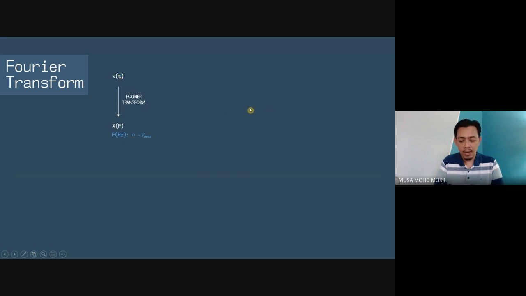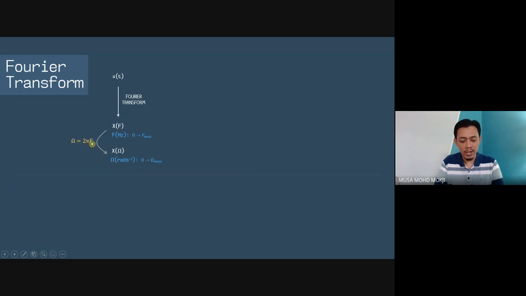Okay, and the unit is hertz, and what is the range? The range is from 0 up to your maximum frequency. So whatever signal you have, it will plot everything from 0 up to the maximum frequency. And we have seen that instead of frequency in hertz, we also have a frequency in angular. This is what we call an angular frequency, and we use capital omega to denote the angular frequency.